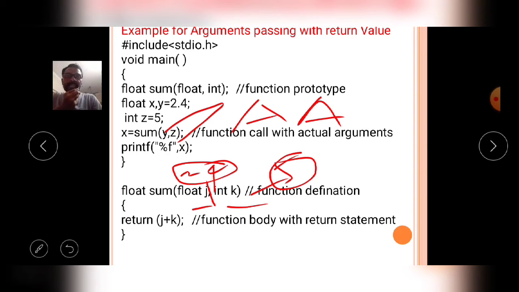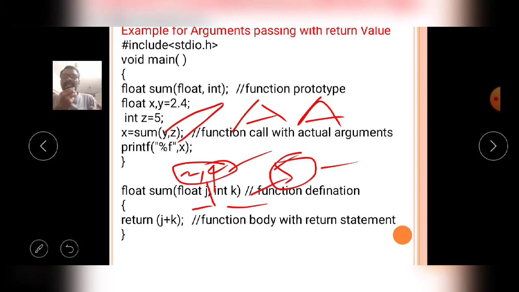Here the j comma k variables receive the values from the caller function, so j comma k are called formal arguments. The formal arguments always receive the values from the caller function and store them.